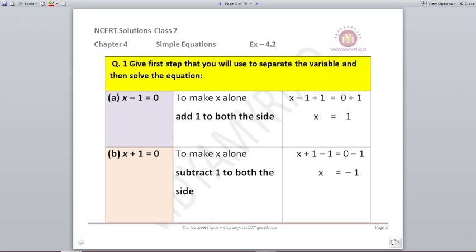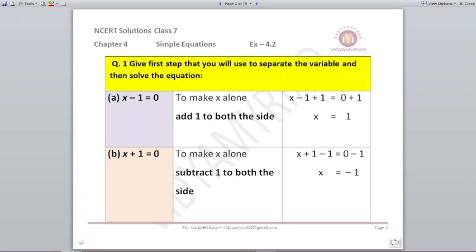I cannot do this only on the left hand side. I have to apply that thing on both the sides, left hand side as well as right hand side. So if I am doing plus 1 on my left hand side, I have to do plus 1 on my right hand side also. So it will become x minus 1 plus 1 is equal to 0 plus 1. Now x minus 1 plus 1, minus 1 and plus 1 both get cancelled, it is 0. So x is equal to 1. Like this we will be doing the other parts.